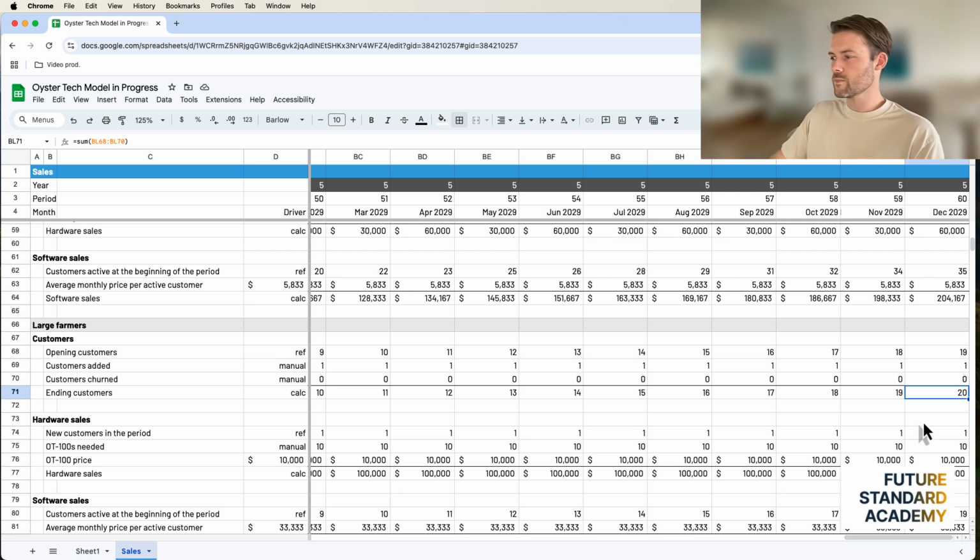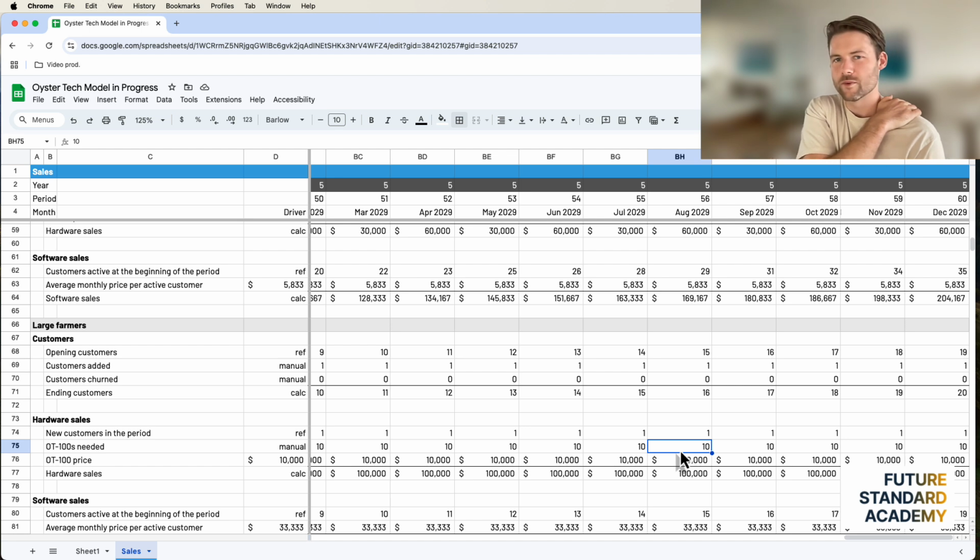And that's really the only constraint. Is it true that Oyster Tech could add 1 large company per month down here? Nah, maybe, right? The biggest constraint is whether there's even that many large companies that exist. The other constraint is could they implement them that quick if they're going to be selling 10 units of hardware that need to be tied up to all the different parts of the farms and different geographies and so on. So it could get pretty complex, I think.